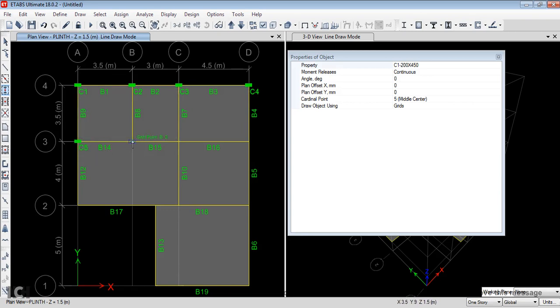Here the C2 column is there, you can do it here, or later we will overwrite. I will make use of that option, but I will place it now. Now here this is also 0 degree, and here this is also 0 degree. Next here, 0 degree. This column is 90 degree. Make the angle as 90 degree. Okay. Next, 0.